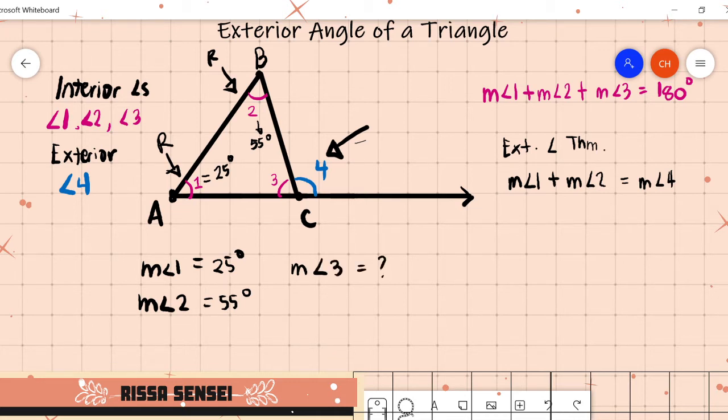Para makuha natin yung sukat ng angle 3, di ba meron tayong formula kanina that the sum of the measures of the interior angles will always be equal to 180 degrees. So all we have to do is to substitute the measures of angle 1 and 2, plus the measure of angle 3, which is equal to 180 degrees. So this is 25 plus 55 plus we don't know the measure of angle 3, so copy, then equals 180 degrees. And if we're going to add this, it is equal to ilan to? 80